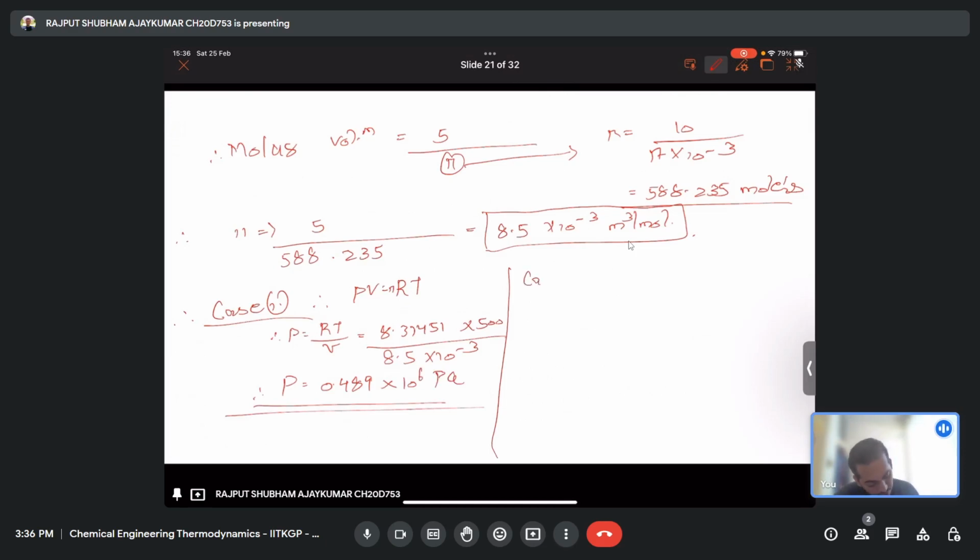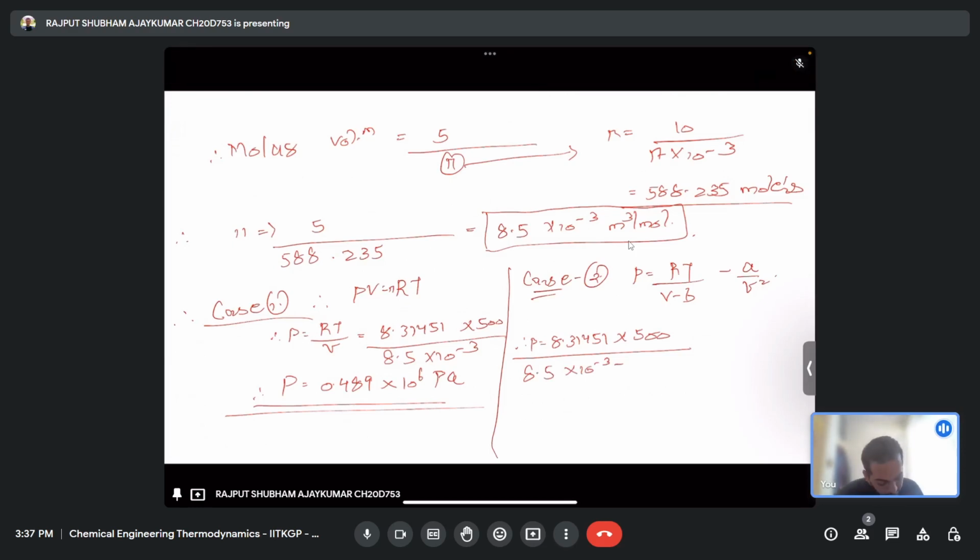Case 2 corresponds to the Van der Waals equation, which is given by P equals RT upon V minus B, minus A by V square. So we have been given R equal to 8.31451, temperature is 500, volume is 8.5 into 10 to the power minus 3, minus B. We take the B value as 0.037 into 10 to the power minus 3, and the A value is given to us as